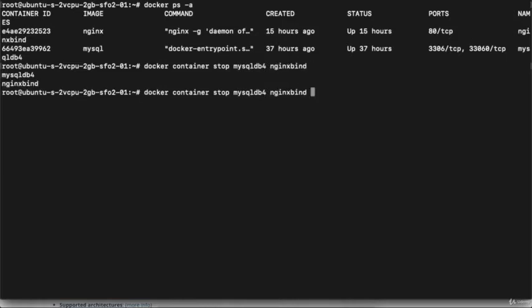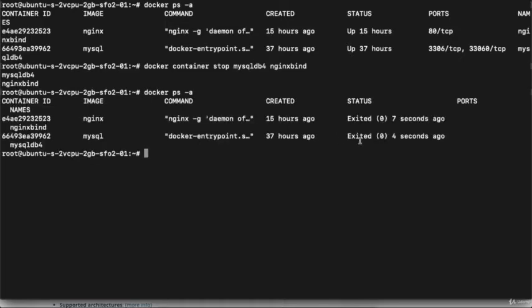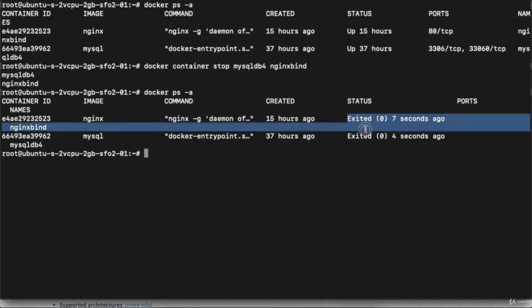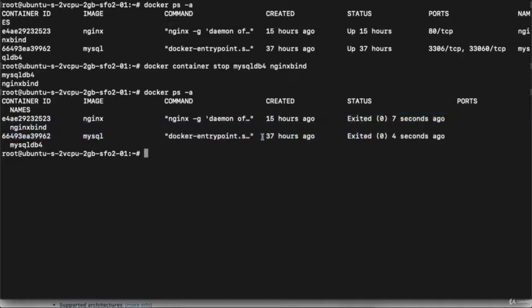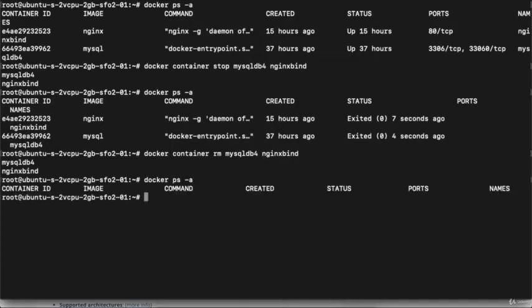Again execute docker ps -a. Then you can see both of the containers are in the exited state, right? Suppose I will remove these as well. So docker container rm, then provide the container names, which are MySQL DB and Nginx, right? So both of the containers have been removed as well. If I again execute docker ps -a, I will not get anything. So we have already cleaned up our docker space, right? I will clear out the console.